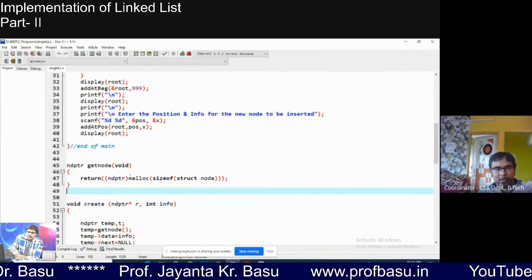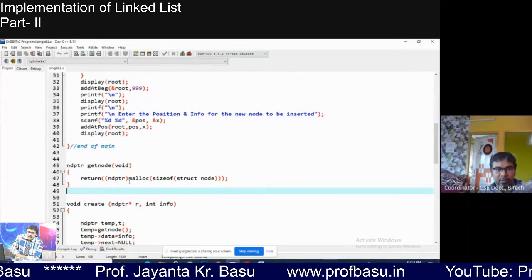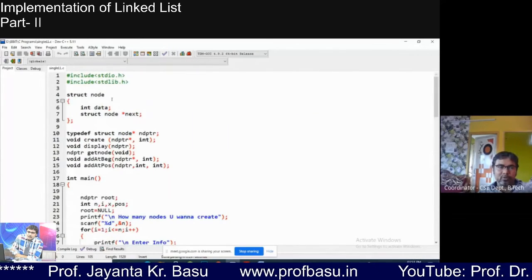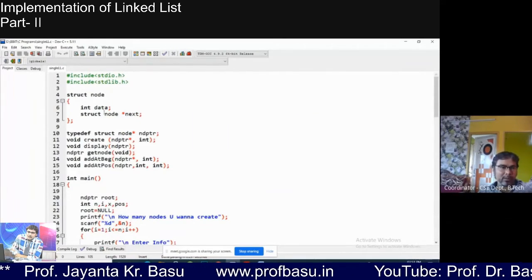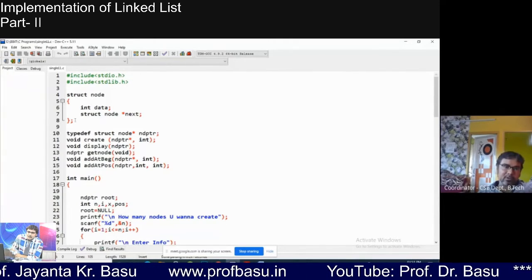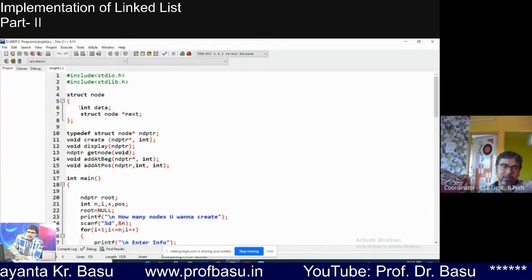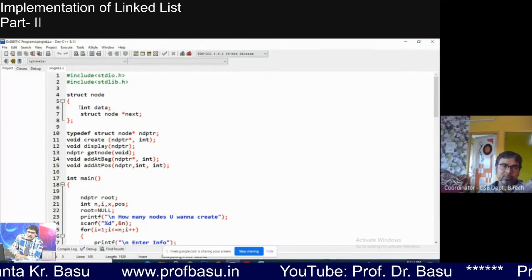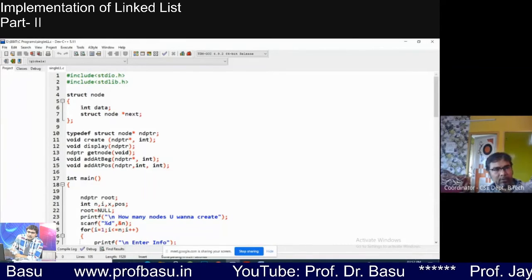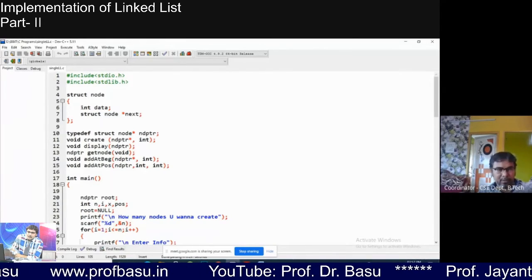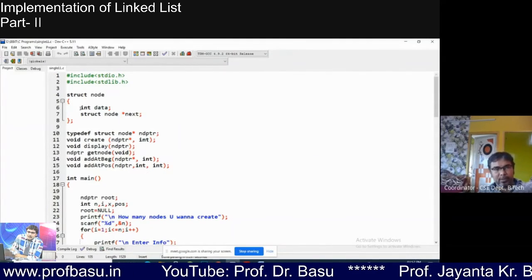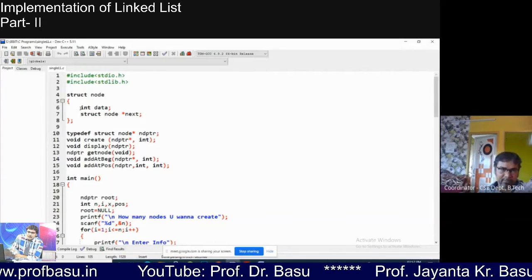So I have to allocate a space of the size of node, because I am going to create a node dynamically. So what will be the size of the node? It depends on the operating system. I told you that it is not always true that an integer takes 2 bytes. It is only valid for the Windows operating system. In case of Fedora or Linux, an integer takes 4 bytes, a float takes 8 bytes, just double.